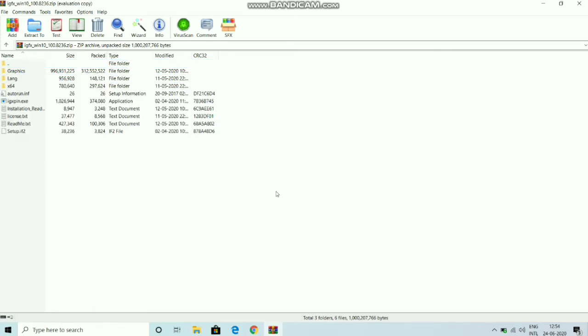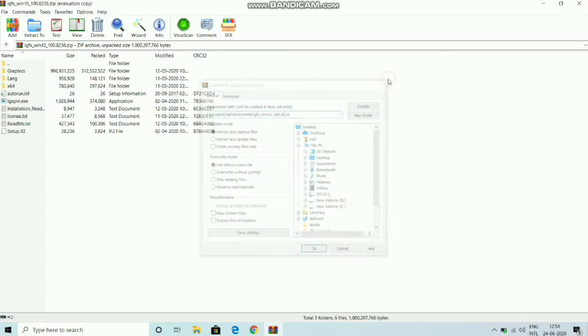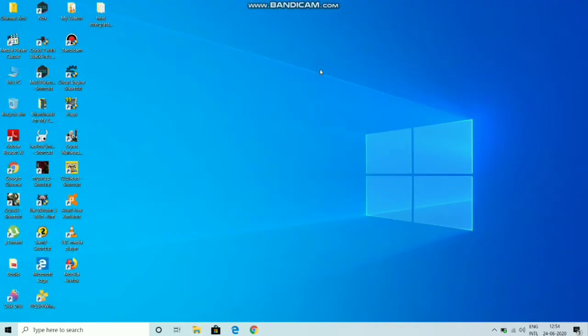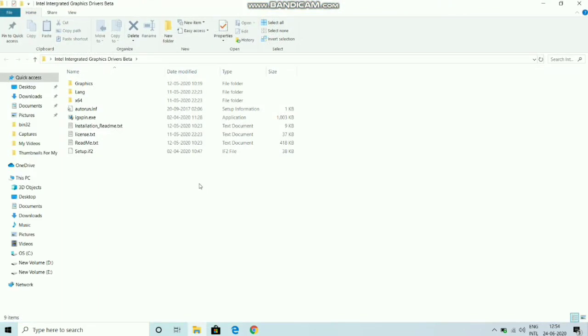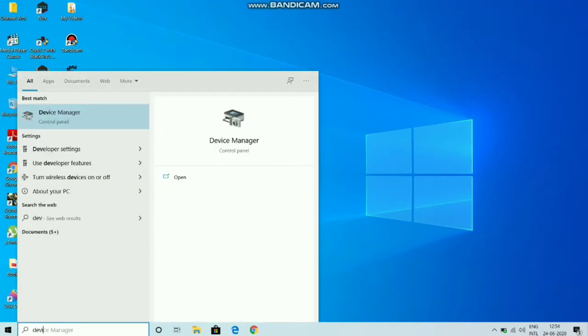So what you need to do is press on extract to, using an application such as WinRAR or 7-zip, and extract it anywhere you want. I've already done so. I have extracted it on my desktop in this folder right here, Intel integrated graphics beta, and as you can see, all the content is inside here. Once you have extracted the contents inside that .zip file, you'll need to open Device Manager